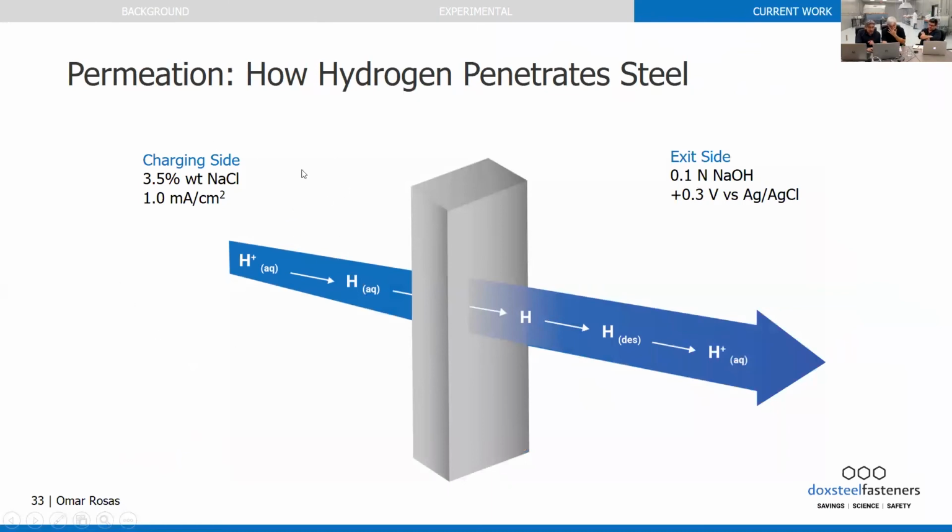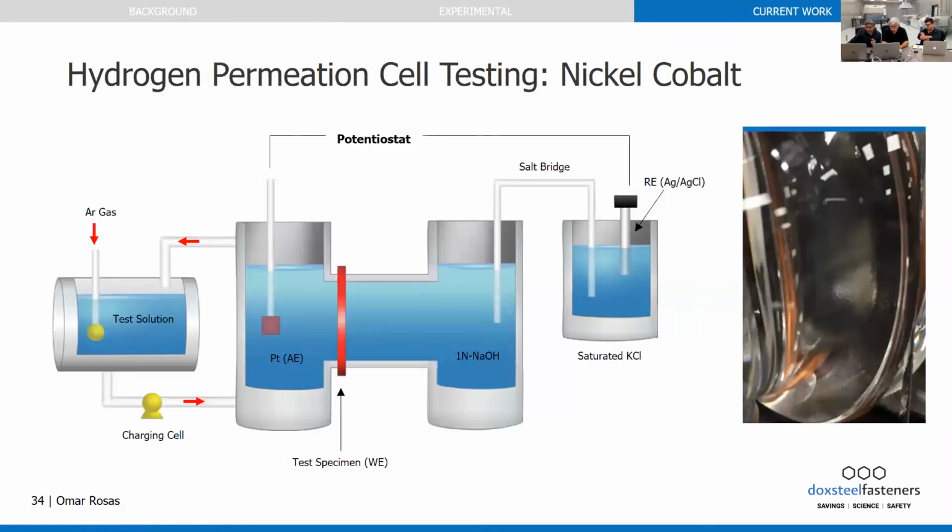On one side of this is the steel, we're forcing the formation of hydrogen. This hydrogen is crossing the steel and passing to the other side. On the other side, we account for the current that is being produced by the oxidation of this hydrogen, and then we know how much hydrogen actually passed. So this is a schematic of